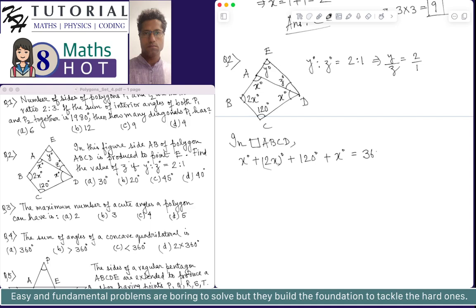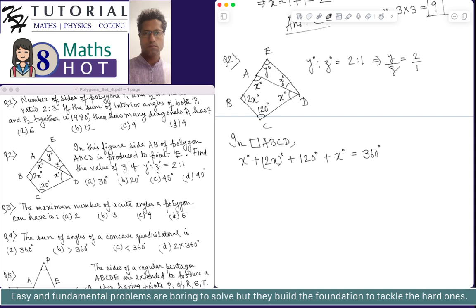We know that for a convex polygon, the sum of